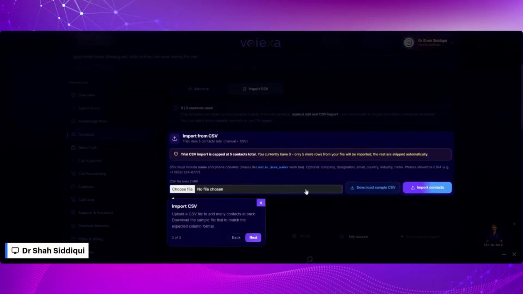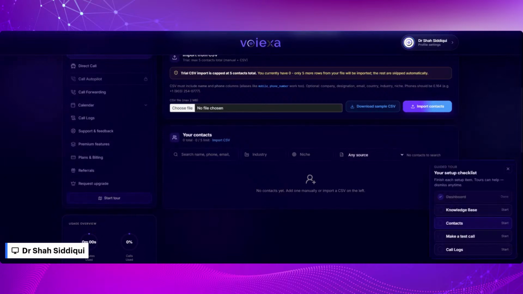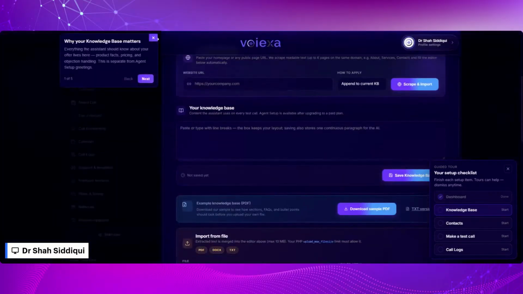We also have a tool here to show you what you can do in specific sections. Whenever you need any assistance, you can fire up the start tool, and it will highlight all the sections. It will tell you that you need to add a knowledge base because it's not added, so it will go to the knowledge base.